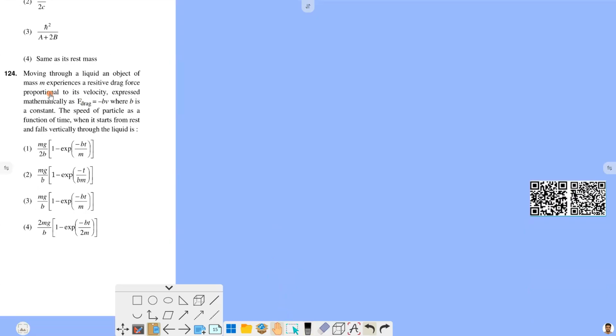Moving through a liquid, an object of mass m experiences a resistive drag force proportional to velocity, expressed mathematically as F drag is minus bv, where b is constant. The speed of the particle as a function of time, when it starts from rest and falls vertically through the liquid. So here it is mentioned that at t is equal to 0, means when time is 0, velocity is also 0. And from that, using the drag force and buoyancy, we have to find out the